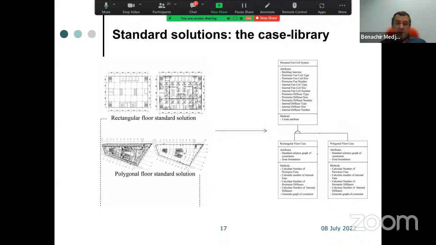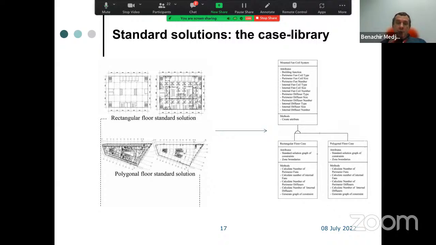We haven't developed cases, for example, for much more complex geometries, such as curved facades, etc., which were quite complex to model using this approach.